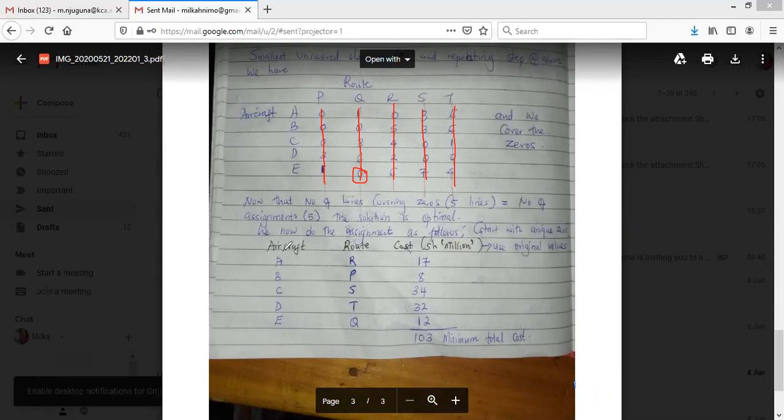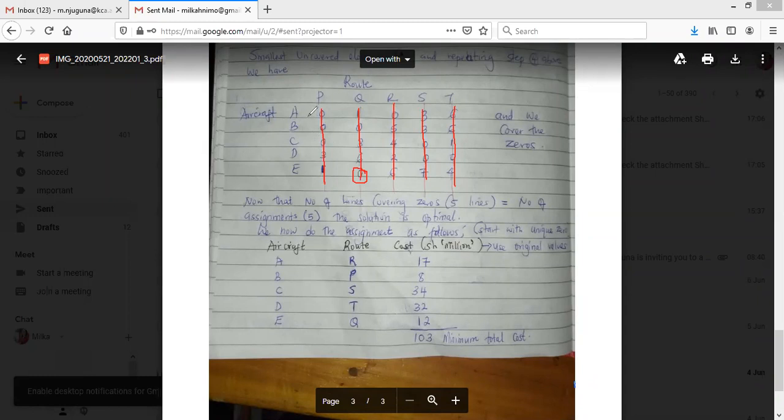Don't start by, because you have written A, B, C, D up to E, you start with A. Go back to the table, find where there's some uniqueness. So we assign E to route Q. Then, is there any other unique 0? When you go to your table, you realize that